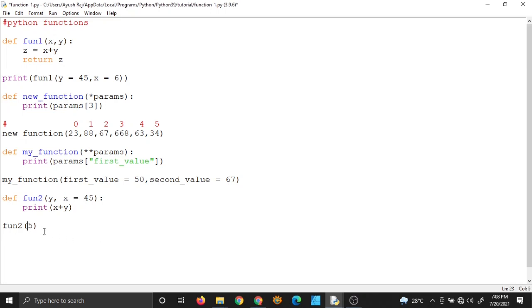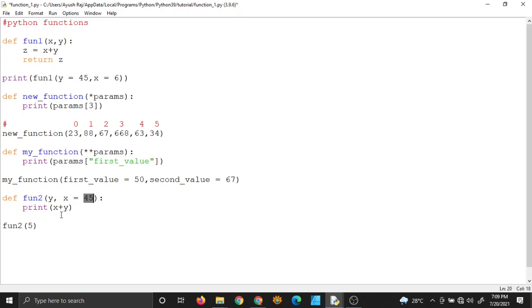Right. Okay. So that when you pass something like this to your function, 5, this 5 will be given to y and not to x. But you can also give a value to x. If you pass two arguments here, then you will have a sum of 5 and 66. But if you don't pass anything, then the interpreter will simply take the value of x as 45. So this is like a default value, right?